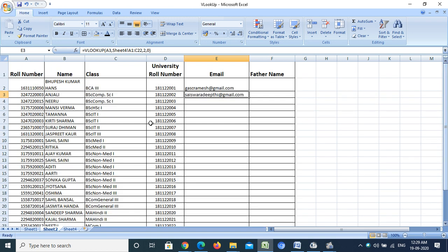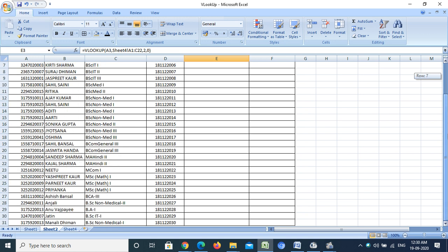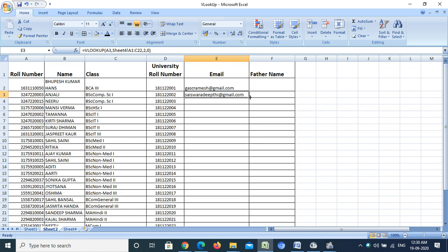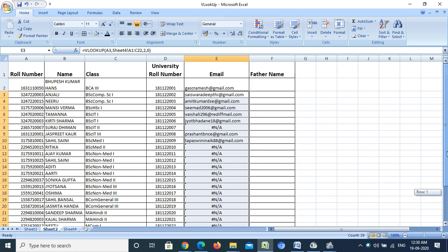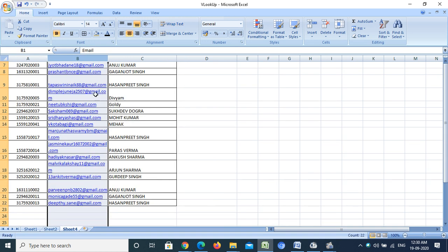Now it fetches the email ID of this roll number. If I want to apply this VLOOKUP formula to the entire column, then just drag it downward. Now see, this NA indicates that this roll number is not in my list.